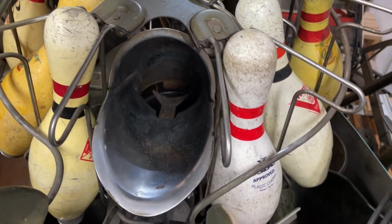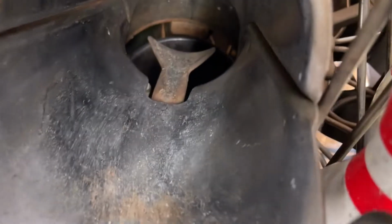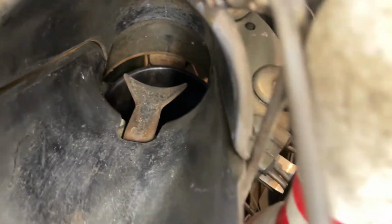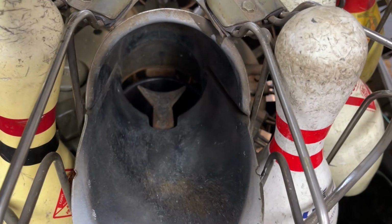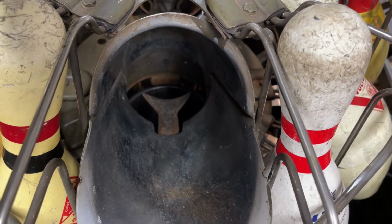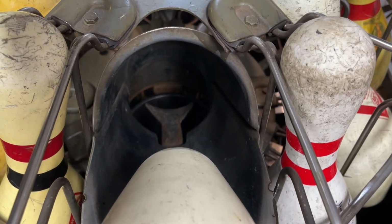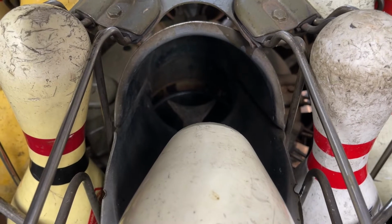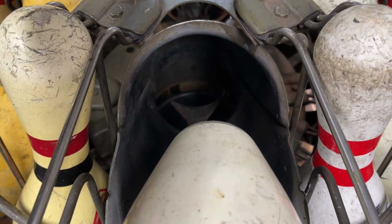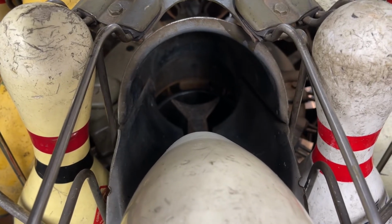Okay, the first thing you're going to look for if you're getting a double 8, see that tongue down there in the bottom of the 5 pin chute? What happens if the 5 pin goes through, because we just had this with Anthony up in Missouri at his bowling alley. He kept having his spider not locking. He sat on it and chased it for a long time, and finally Rip Owens said, hey, check and make sure that when the 5 pin goes through, that tongue isn't being held down, because that tongue is also linked